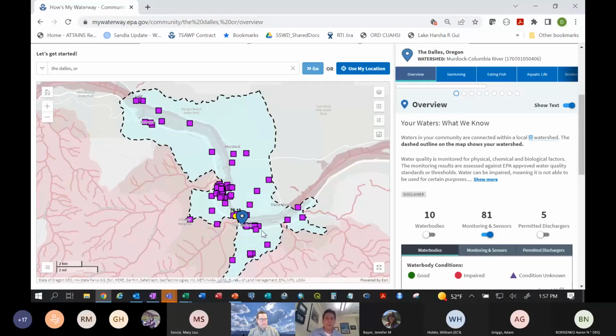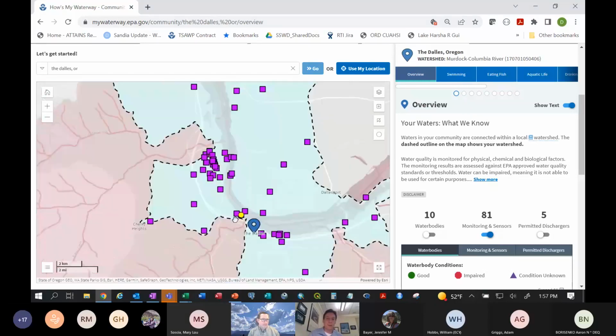So every single one of those is one of those sites. There is one little yellow dot here. That's a USGS stream gauge. So we actually are incorporating the USGS real-time data in here now, which is kind of a nice placeholder for what Aaron talked about for the future. When we are able to get data published in that more consistent way, it'll be pretty easy to incorporate that